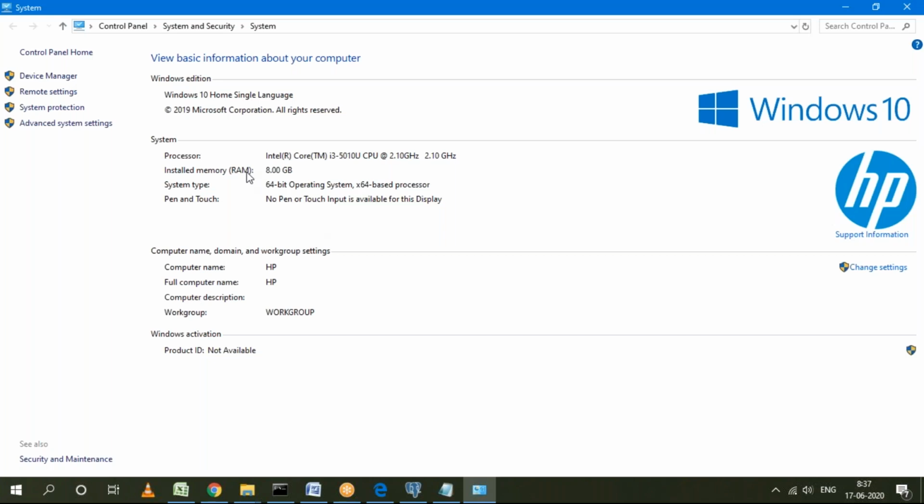If you're using Windows, any processor will support, no problem. You can check the RAM size and system type, 64-bit or 32-bit, here. Sometimes if your system is 32-bit it will not support, so check your system type. It should compulsorily be a 64-bit operating system, then only it will support the installation.